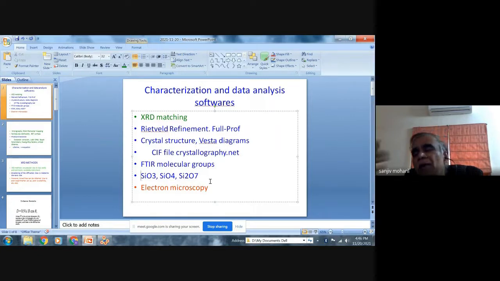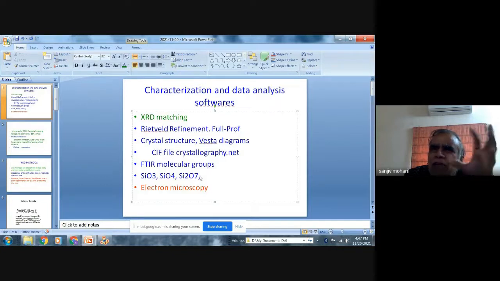So whenever I am preparing this type of compound, even borate for that matter. In borate, again there could be BO2, B2O5, BO4, and various types of oxyanions are possible. So all these can be identified using FTIR. But if I am having, say, KMgF3, then there is no point in doing FTIR because there are no such groups. Fluorine is just an atom, and I am not having various types of groups.